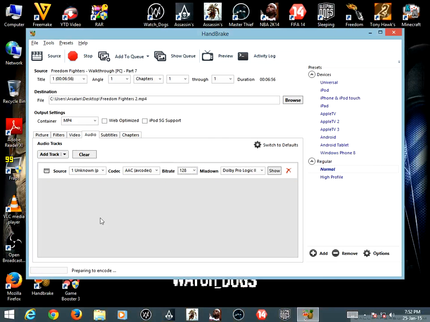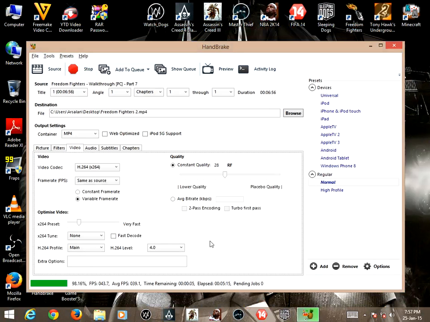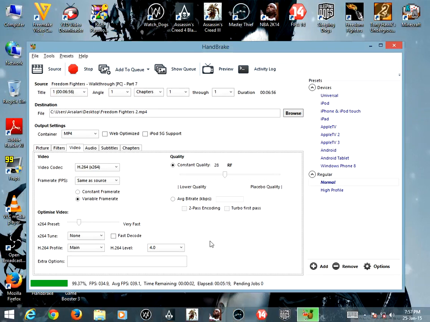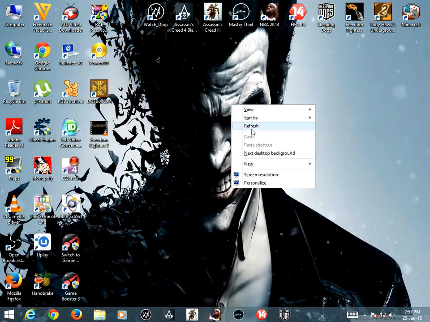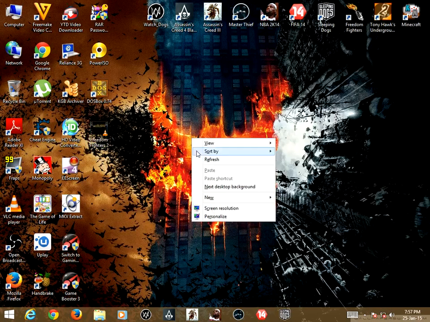Next you have to click start. Over here it says prepare to encode, and then it starts. I'm going to come right back when the encoding is done. And it's almost done, just 2% left, and it's complete. After completion it will say we finished, and then you have to close the program and just locate the files right over here.